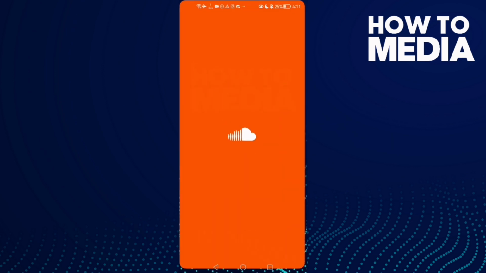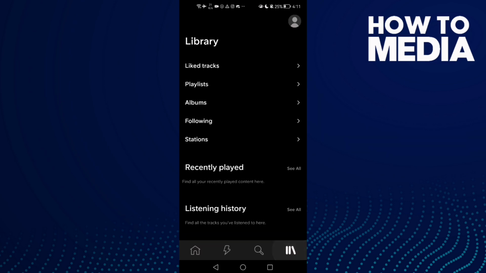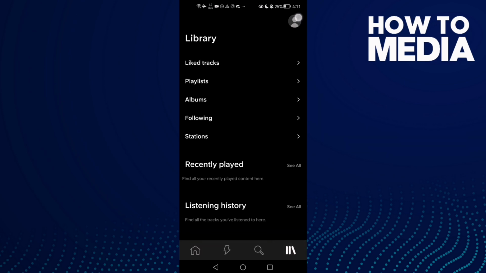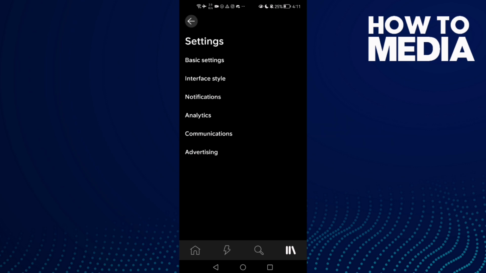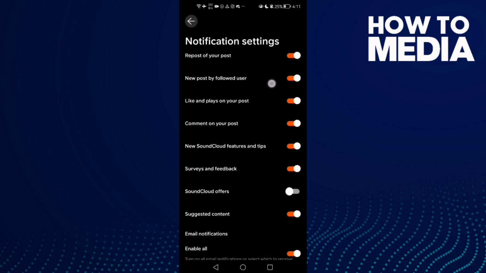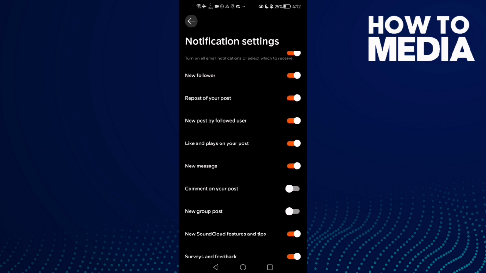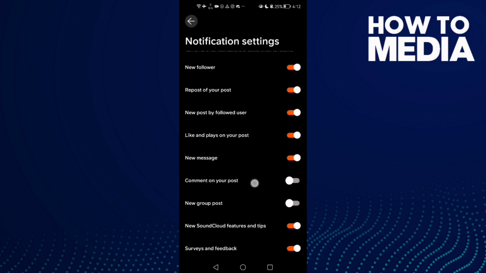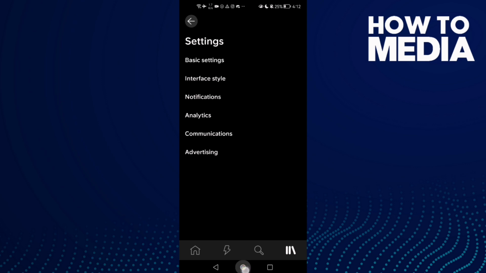First, open SoundCloud and then click Library, and here you will find your profile in the top corner. Click on it and then click Settings and then Notifications. Now scroll down until you find email notifications, and here you will find the comment on your post. And now you can manage it, you can turn it on or off just by one click, and that's it. Now just go back,